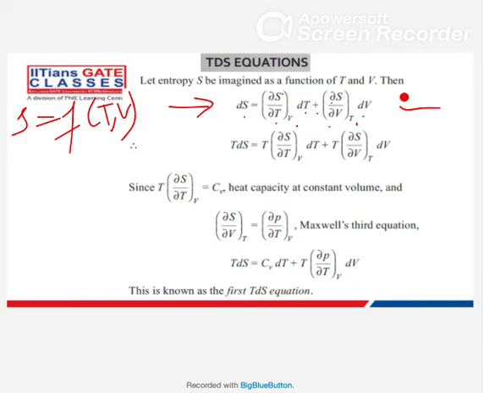Now we can multiply by temperature throughout this equation, because what we want is the TdS equation. So after multiplying with the temperature,